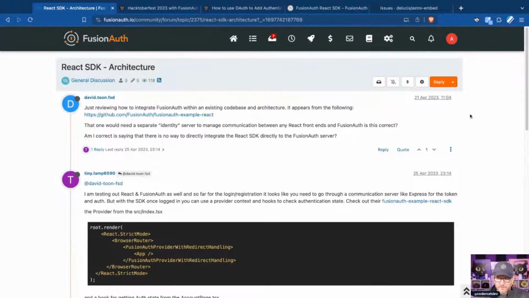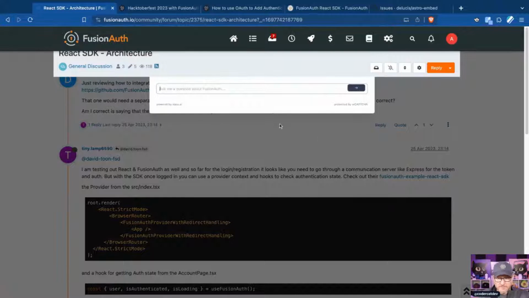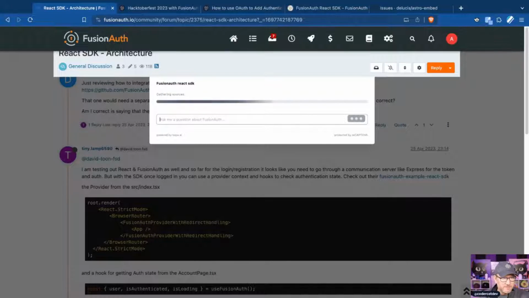The other cool part, which is a little harder to view under my head, let me go full screen here for a second. I'm missing the full screen option. Anyways, there's a Kapa AI button that you can click in the bottom right. It's tough to see down here. You can also use our cool AI feature to ask a question. So if you wanted to say FusionAuth React SDK,